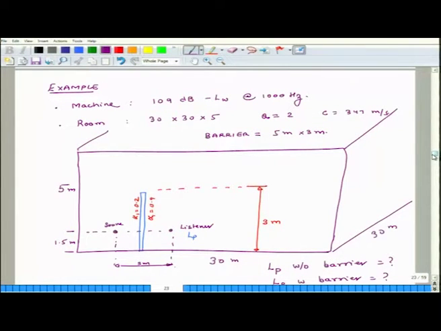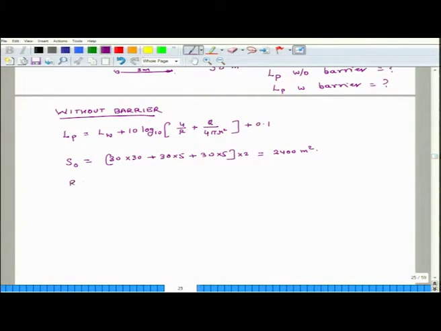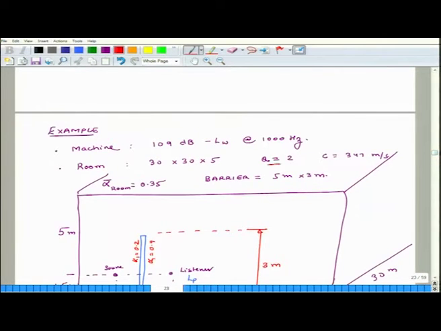And then I forgot to add one data which is also given, that the average surface absorption coefficient of the room is 0.35. Okay. So, with that understanding, the room constant is what? Alpha bar times S naught divided by 1 minus alpha bar, and that works out to be 1292 square meters. So, now I know R, so I know this value. Q is specified as 2, it is given, Q is equal to 2.